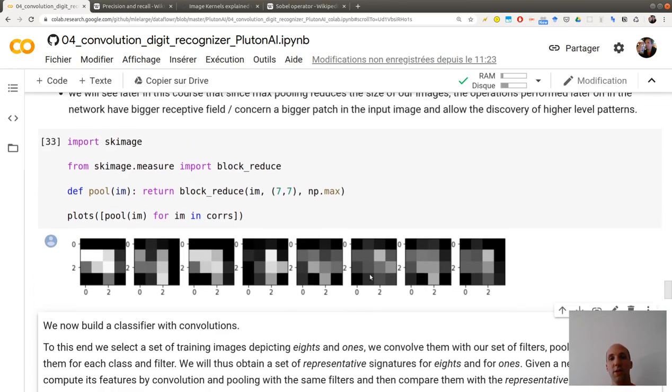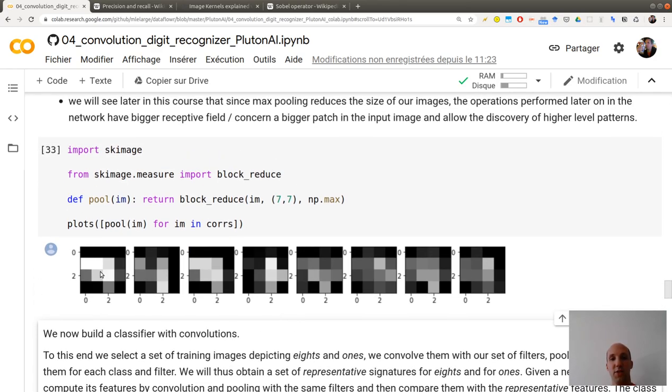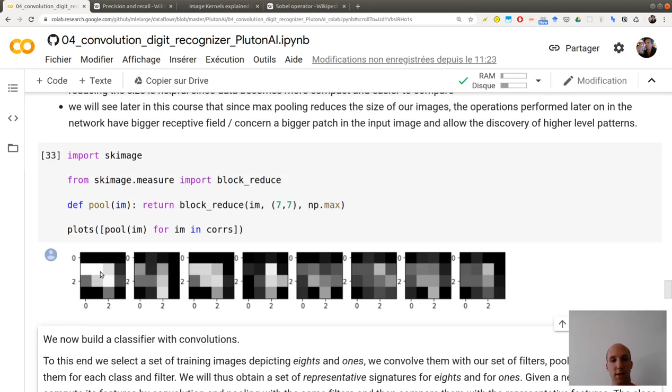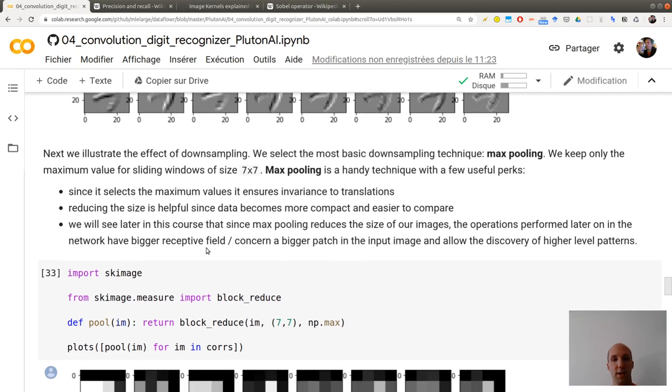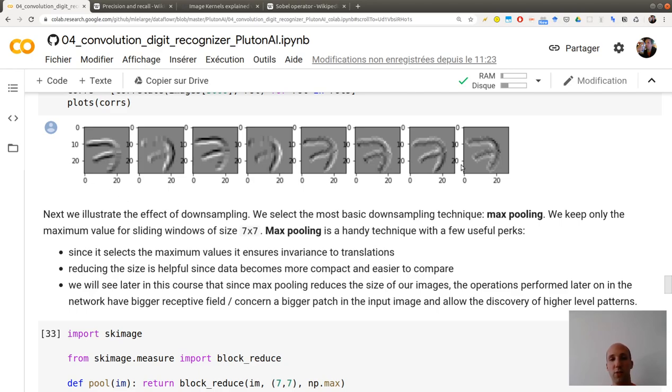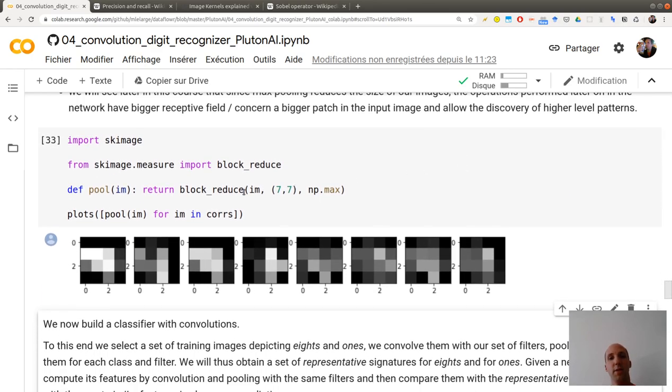So let's see how it works. This is exactly the same picture as this one, but downsampled with my max pooling of size 7 by 7.